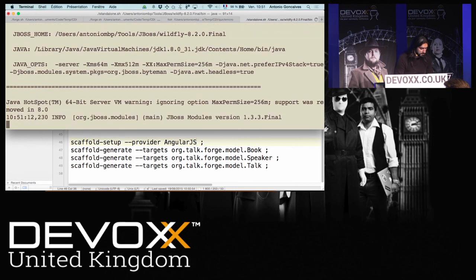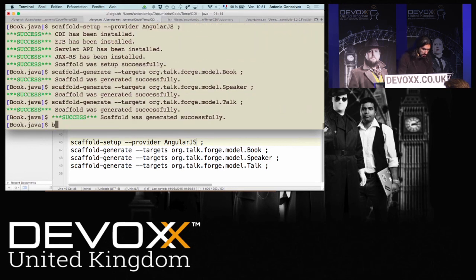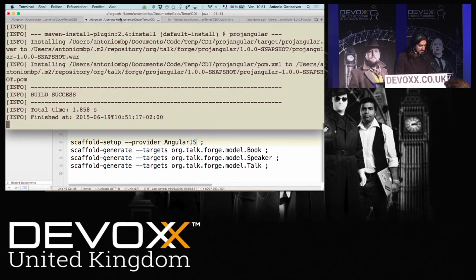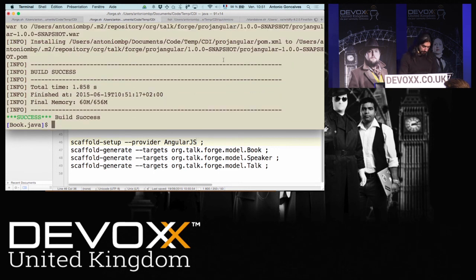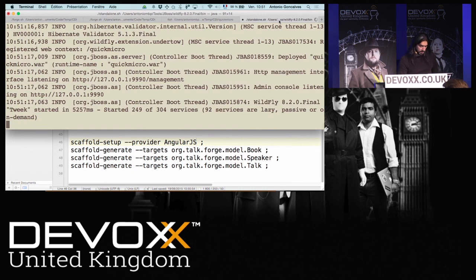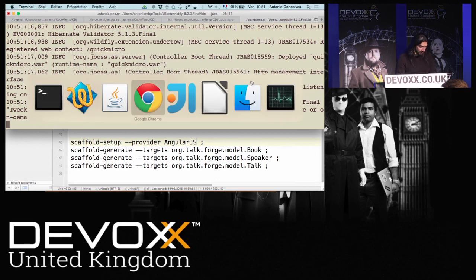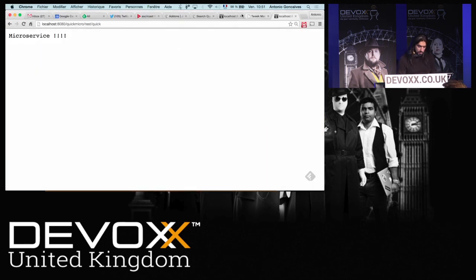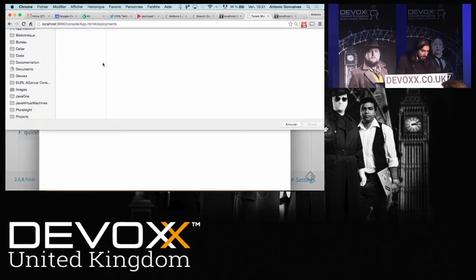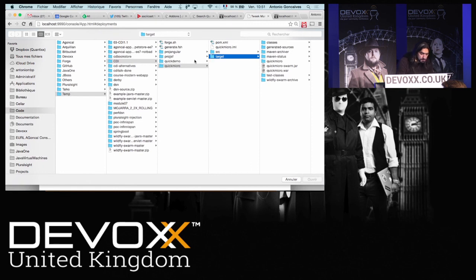Challenge accepted. So build. So I'm building the, am I on the right one? Angular, okay. So now I have a WAR file. I go to, here I'm going to deploy my AngularJS.